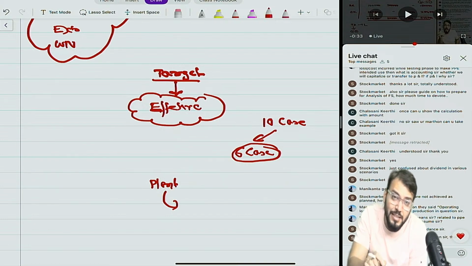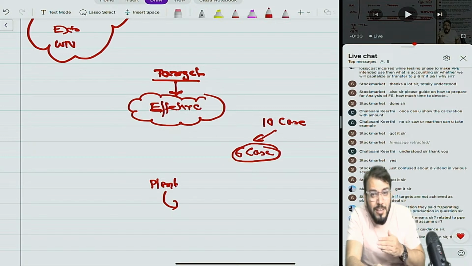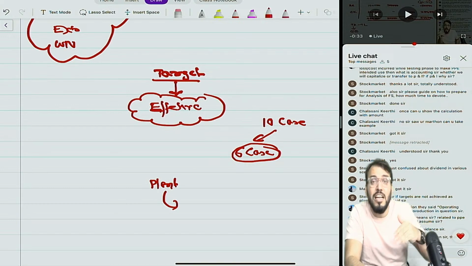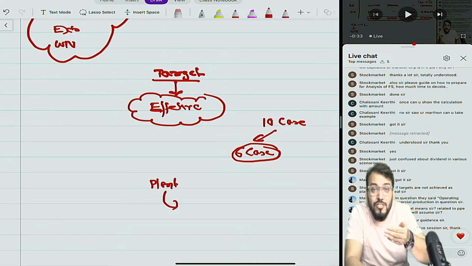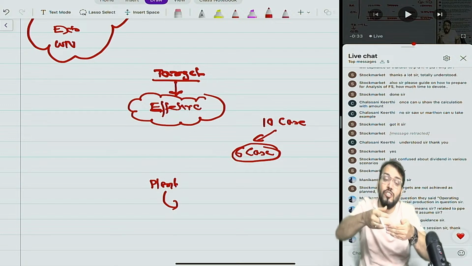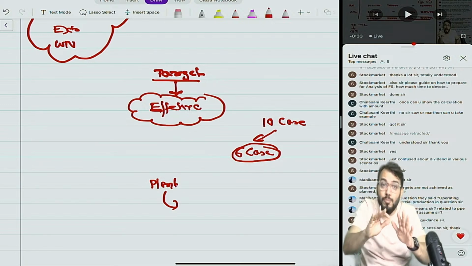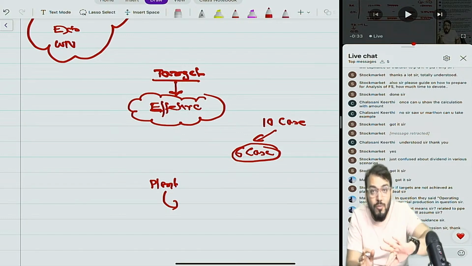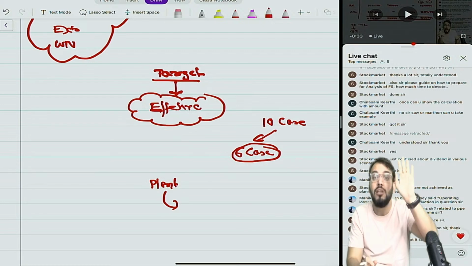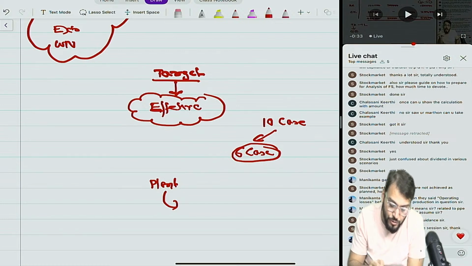Testing cost, correct. Testing cost means testing whether it is efficiently working or not. And just try to understand, the testing period is given by the vendor. If you are not satisfied with the plant and equipment during the testing period, you can return the asset. If you can't return the asset, it means it is not a testing period. The testing period means you are just doing some trial run to make sure that whatever you have purchased is working efficiently. If it is not working efficiently, you can return the product to the vendor. Understood? Have you understood, Manikanta?